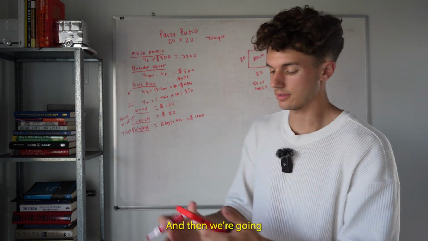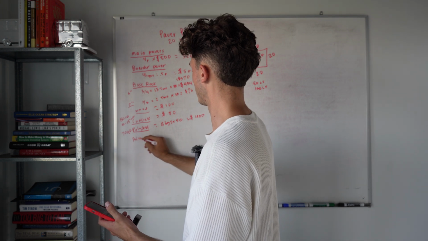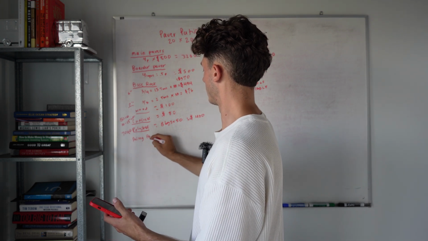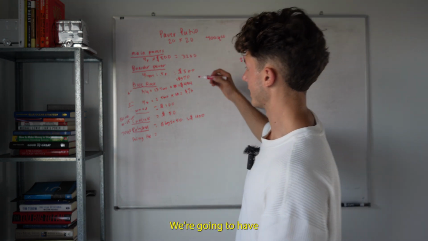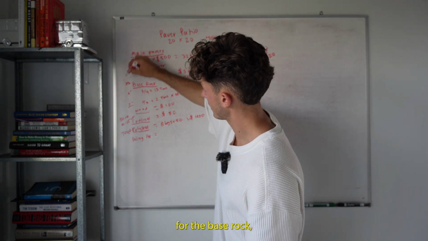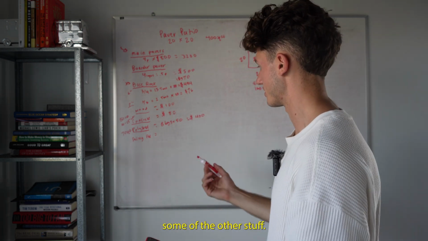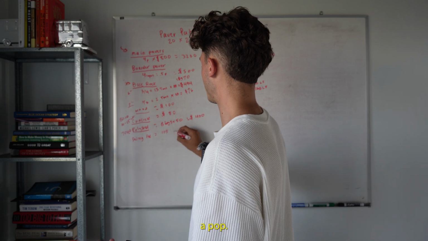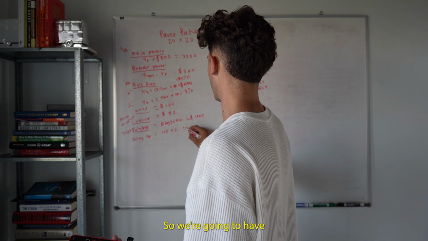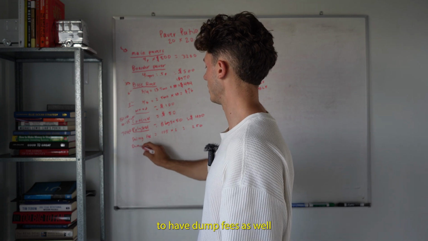And then we're going to need some delivery fees. It costs money to get these products to your job site. We're going to have one delivery fee for the base rock, and then we're going to have another delivery fee for the pavers and some of the other stuff. So for delivery fees, I normally charge $125 a pop, and we're going to have 2 of them. So we're going to have $250 in delivery fees, and then we're going to have dump fees as well, because